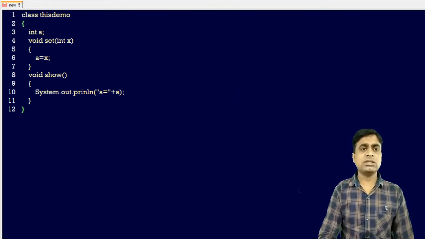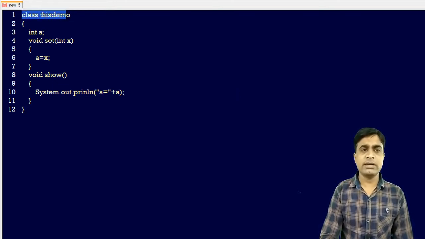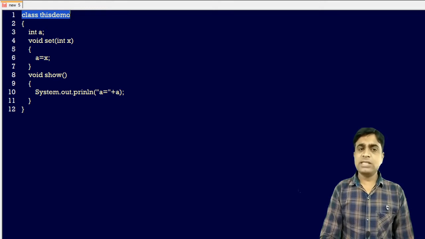Let's check once again. I have created the class ThisDemo with one variable and void set taking integer x, and I am assigning a is equal to x.